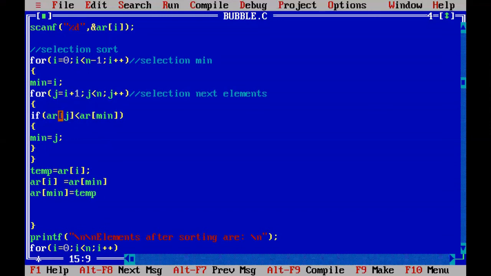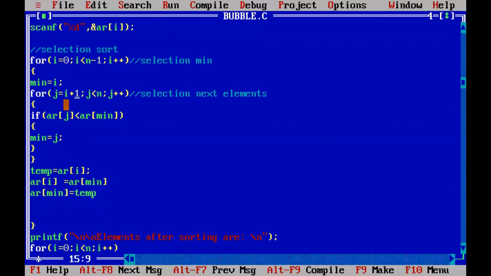Whenever arr of j is found to be smaller than arr of min, we change the minimum index to j. After finding the minimum element position, we come out of the inner for loop, and we swap the selected first index position with the minimum index position.